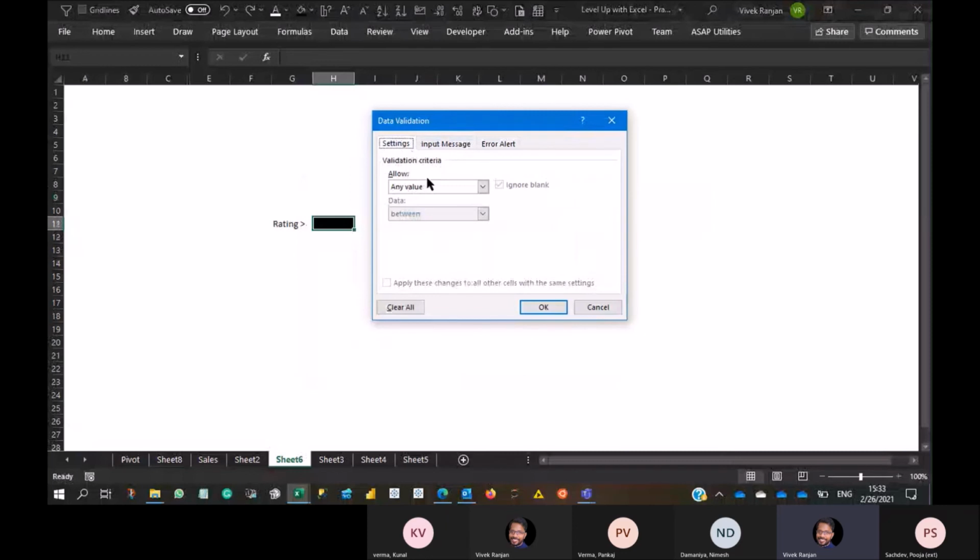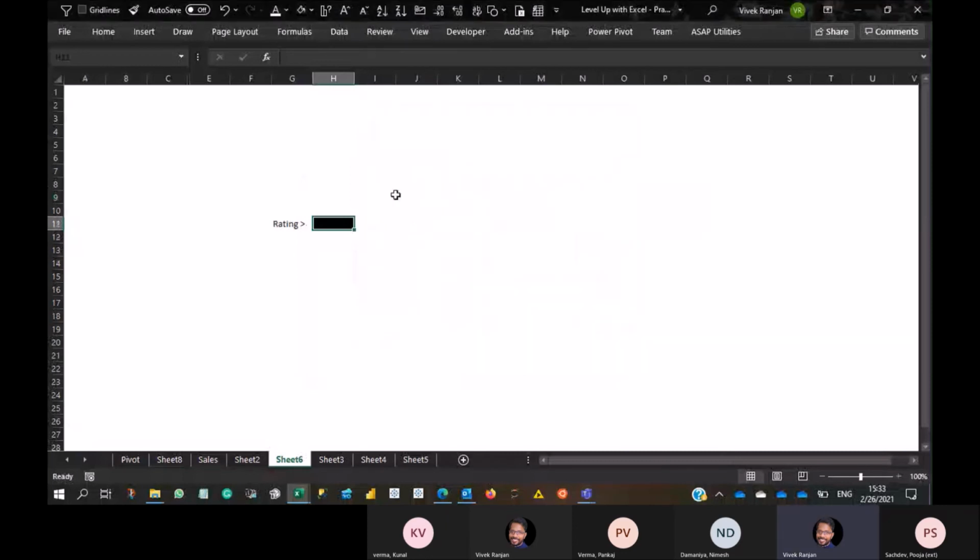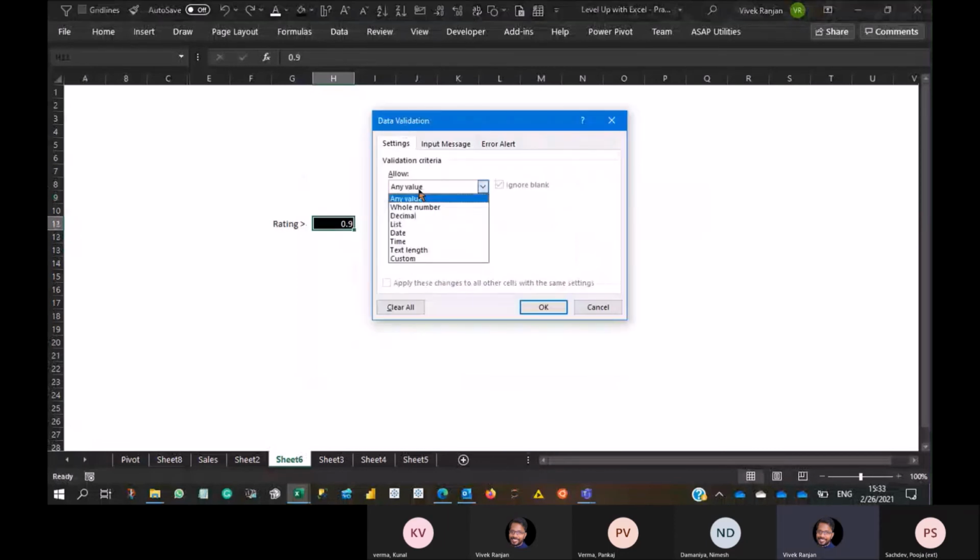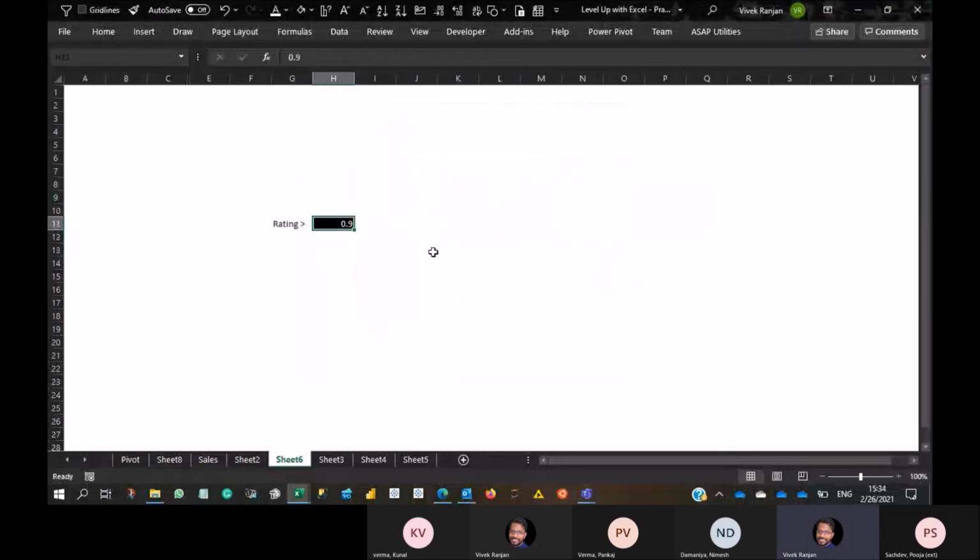So let's talk about settings right now. By default, it says allow any value, and that is exactly what it does. It allows any value, decimal and whatnot. But in data validation, if I have to enter a rating 1 to 5, which is a whole number, I can define what my minimum is and what my maximum is. So in this cell, I'm allowing a whole number between 1 and 5. When I click OK,